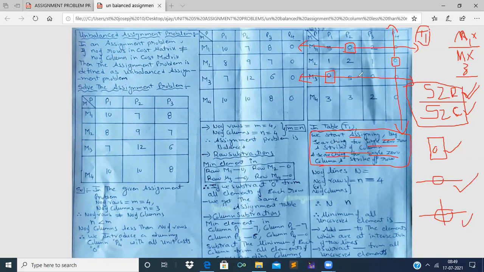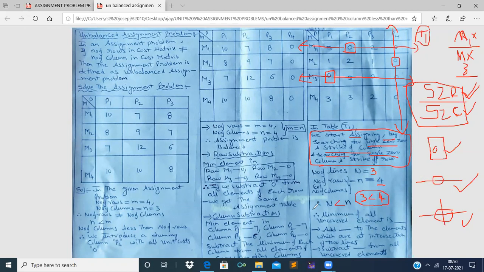Now we have to search for the number of lines. See here, the number of lines are 1, 2, and 3. So we have to take the value of capital N as 3, and now count the number of rows or columns. As we clearly see, the number of rows or columns is 4. If we compare this 3 with 4, definitely the value of capital N is lesser than small n. That means 3 is lesser than 4, that means the number of lines is lesser than the number of rows or columns.